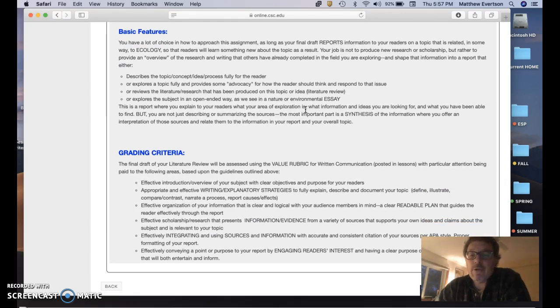The main goal is to compile research on something that is broadly conceived of as an ecological issue. Your approaches can include something that describes it, or the paper should have the following basic features. It should describe the topic, concept, idea, or process fully to the reader. So whatever you write about, we need to have a full understanding of what it is. Or you need to explore fully and provide some advocacy for how the reader should think and respond to that